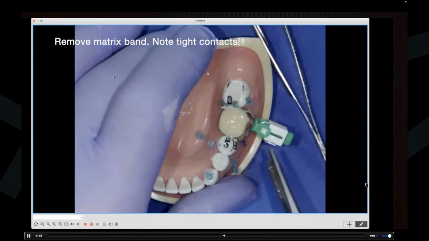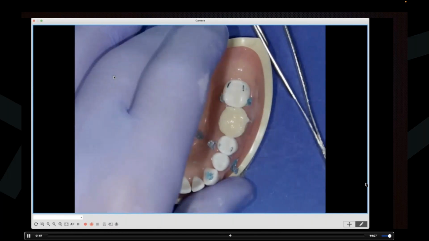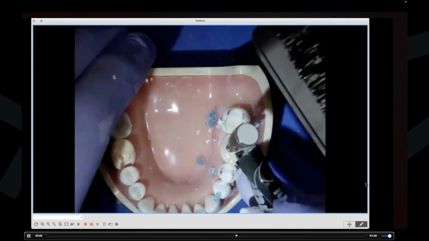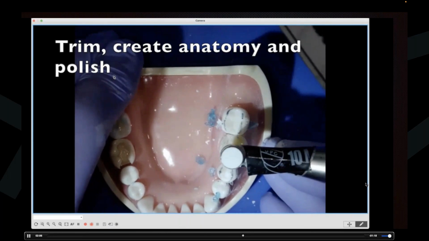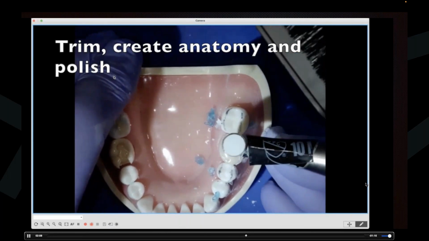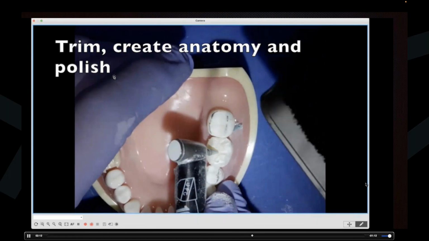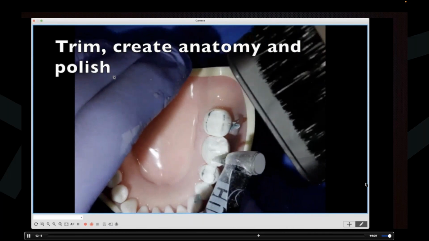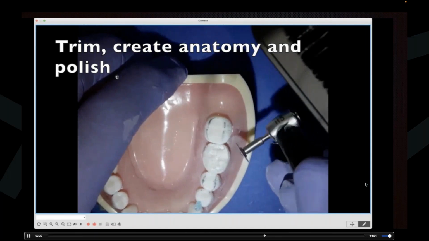So now we're pulling the band off, and we're going to do what you saw Simon do. We're going to finish it now. I don't have the advantage of water because, believe it or not, I'm working in my kitchen great room area. The suction you see on the side is my Dyson. So this is truly makeshift dentistry, but you'll see you can get away with this if you're used to it.